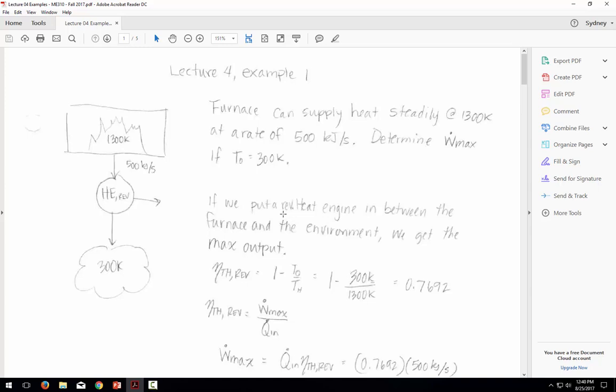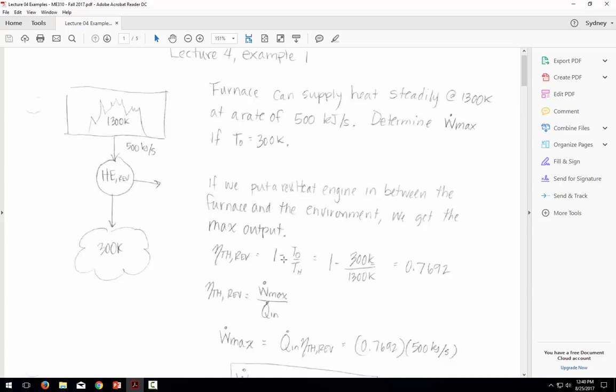So we have our heat engine set up, and we want to determine the thermal efficiency for a reversible heat engine between those two locations. So in order to do that, we just do 1 minus T sub L over T sub H. And in this case, our T sub L is our dead state of 300 Kelvin. So we calculate our thermal efficiency to be 0.7692, which is about